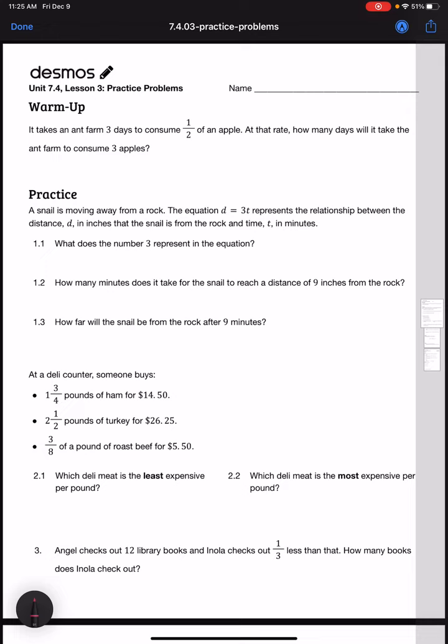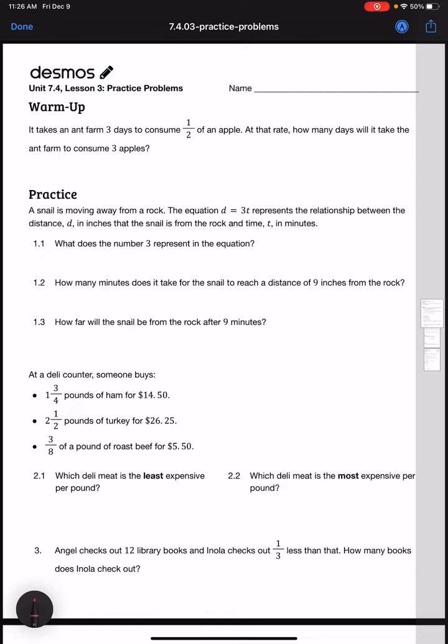Warm up. It takes an ant farm 3 days to consume half of an apple. At that rate, how many days will it take an ant farm to consume 3 apples? So we talked about in class that using a table to determine a value we don't know in a proportional relationship